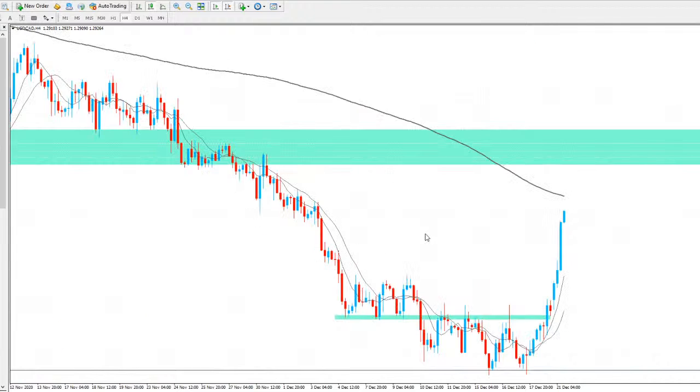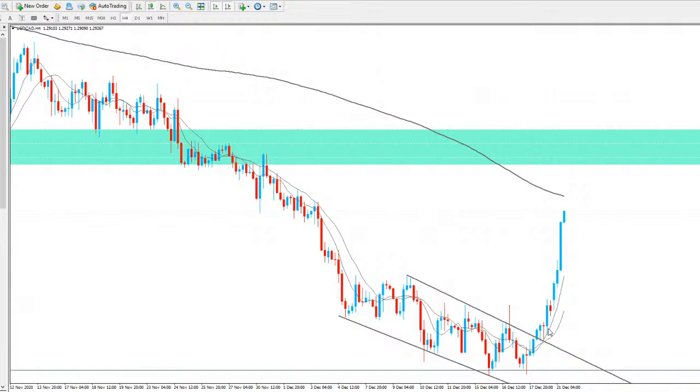USD CAD, big push to the upside, as you can see here. Price broke out of the channel that we were looking at. Again, if I draw the trend line in the market here, you've got the lows of the trend line, highs of the trend line, which I connect to the wicks there. We broke above the trend line on Friday, I believe.